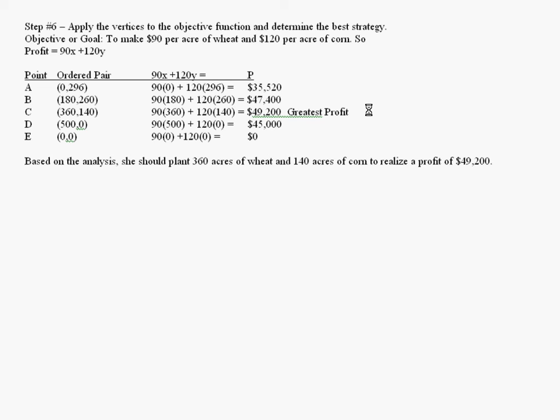Based on the analysis, she should plant 360 acres of wheat and 140 acres of corn to realize a profit of $49,200. The details of this analysis is in a Word document attached